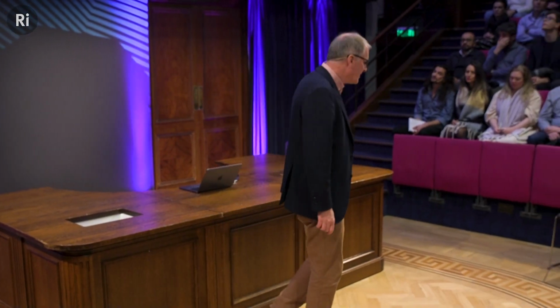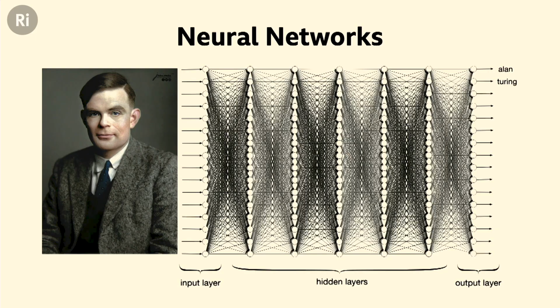Okay, so this is machine learning. How does it actually work? Okay, this is not a technical presentation, and this is about as technical as it's going to get, where I do a very hand-wavy explanation of what neural networks are and how they work. And with apologies, I know I have a couple of neural network experts in the audience, and I apologize to you because you'll be cringing with my explanation, but the technical details are way too technical to go into. So, how does a neural network recognize Alan Turing?